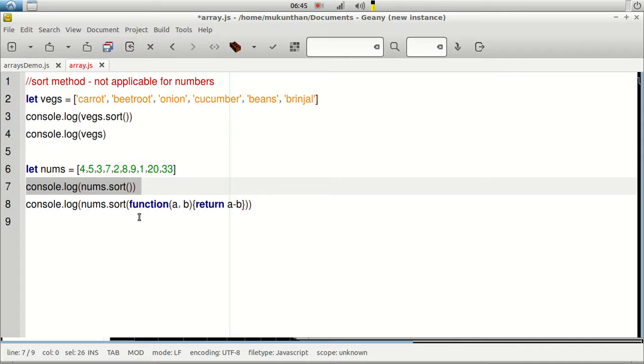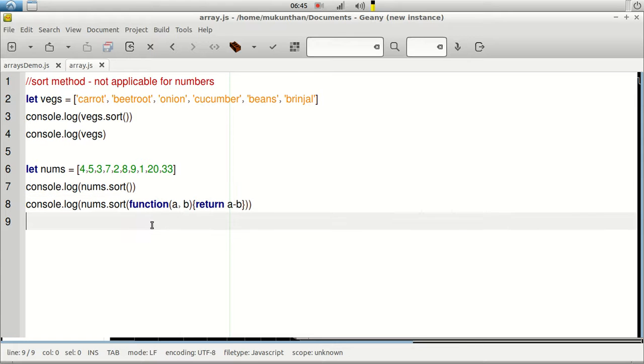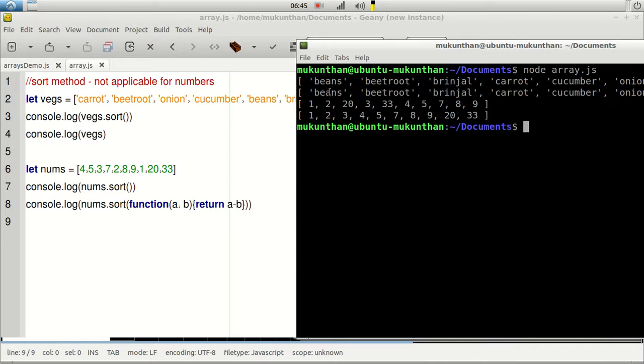But in order to sort properly, there is an indirect way where you can pass a function. We have not seen functions yet, but you can do that by using a function. As of now, you can consider that numeric values in an array will not be sorted properly if you use the sort method by itself. You need to use a special function. Once we have seen functions and other things, we can discuss this again along with callback functions altogether. But as of now, you can consider the output here. So let me go to the console and execute. Here you can see the initial one.